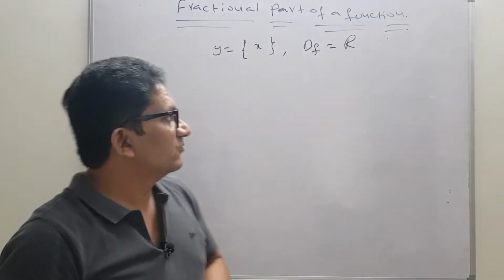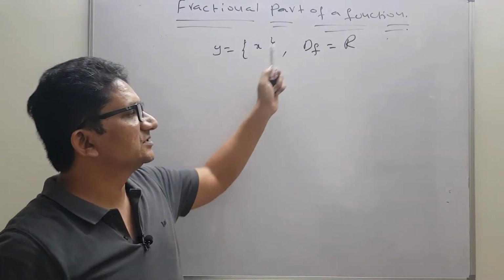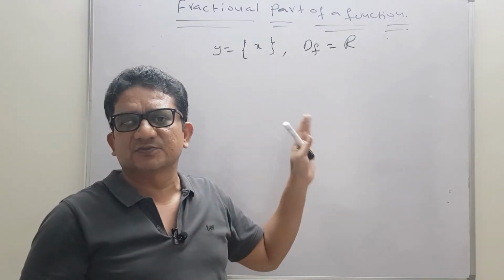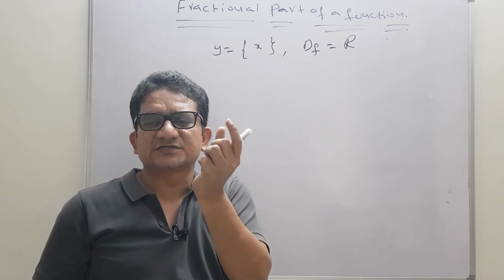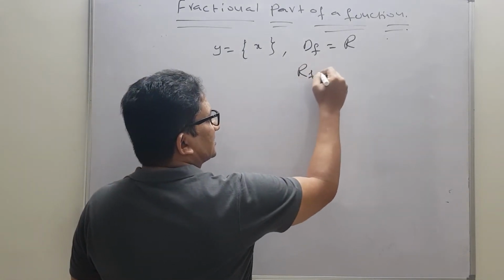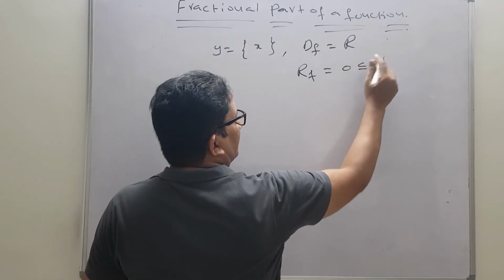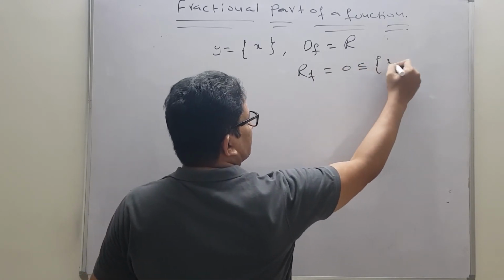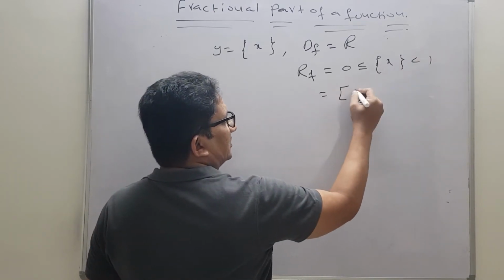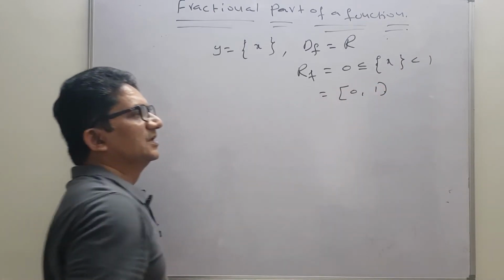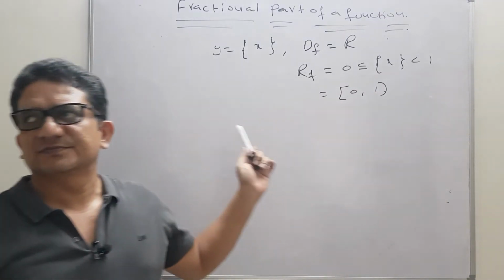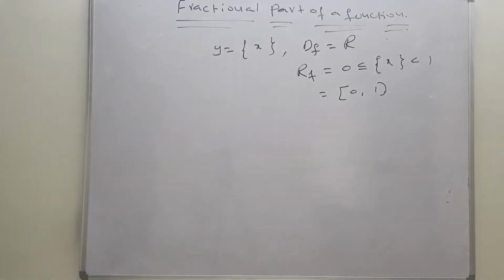Now while giving the inputs, what type of outputs are we getting? If we observe the previous examples, we get a decimal number which lies between 0 and 1. So that's why the range of this function can be taken as, the fractional part always lies between 0 to 1. So we can write it as [0, 1). When will 0 come? When we are dealing with the integers. So this is the domain and range.